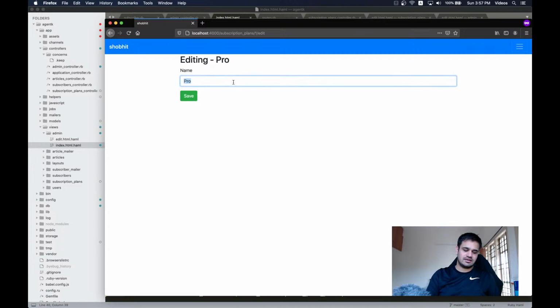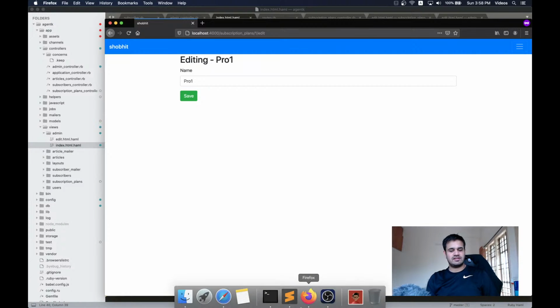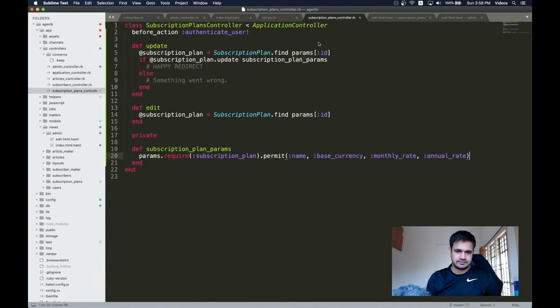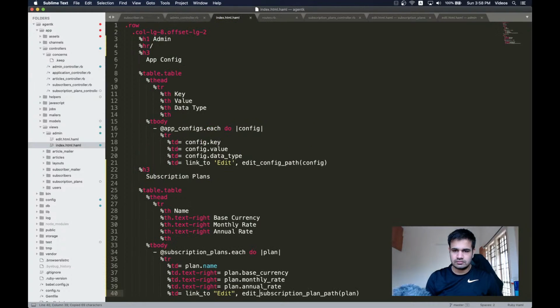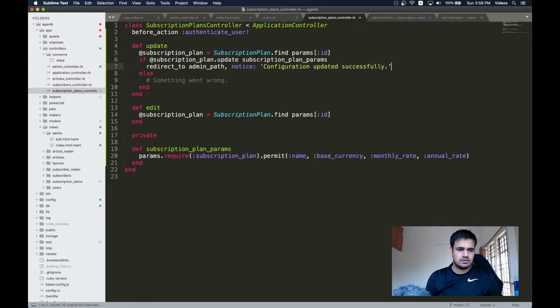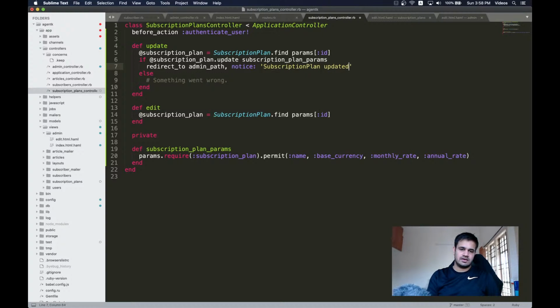And now we can just change the name to pro1, and there's an error, or no error. No, everything worked. We did not redirect. So when it updates, we should sort of redirect to what place? Admin path. Okay, redirect to admin path with the notice subscription plan updated